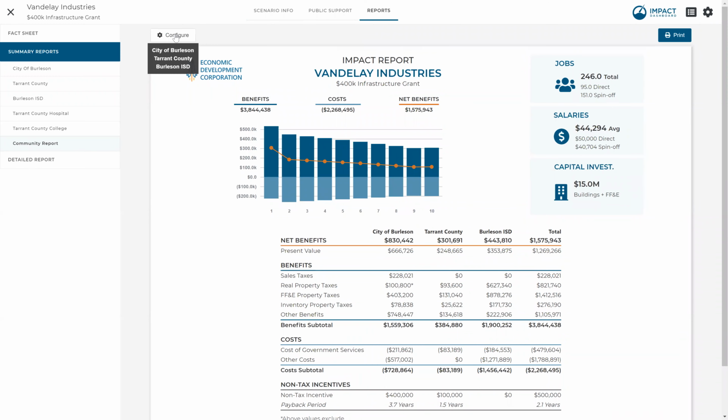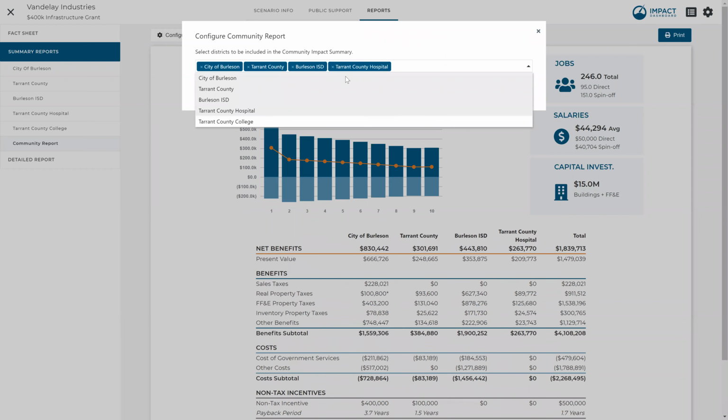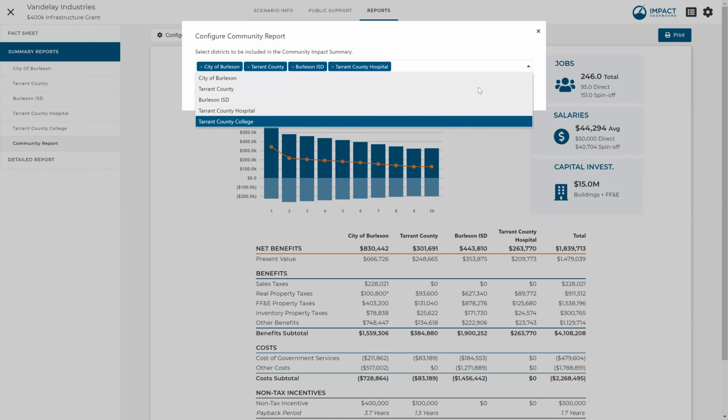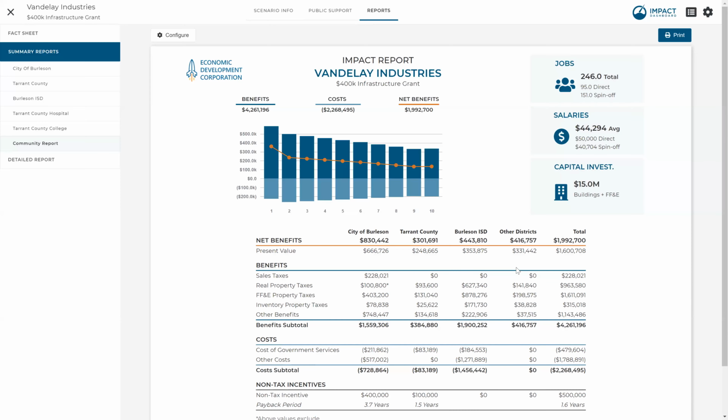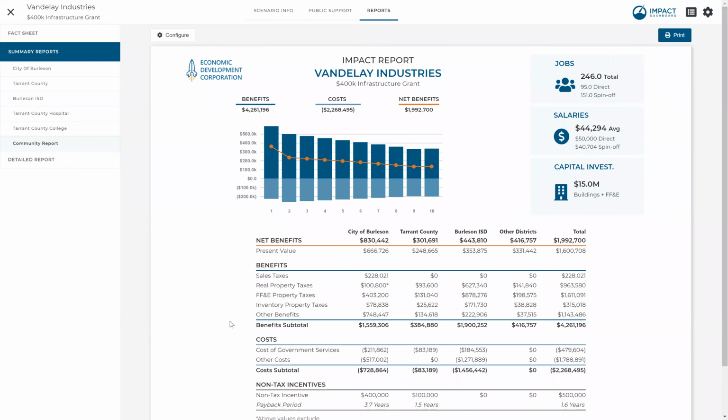You can go up here to this configure button and actually add, for example, the hospital, and you could also add the college, and get all of your districts here on one page and get the overall view, and so understand the total local impact. So the community report is really nice to branch out and get some other jurisdictions all on one page, but sometimes you need a little bit more than just one page, and that's where we come in with